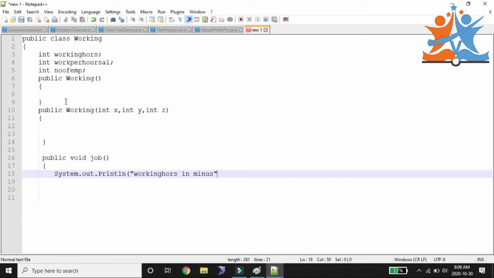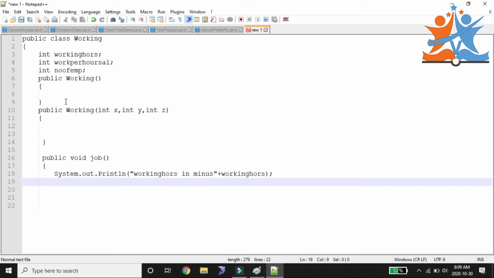We need to print those minutes. Those values we can take in two ways. I will show the first way, and after that the second way. Here, working hours is the variable we need to print. The same way we need to print all the rest of the things, System.out.println.